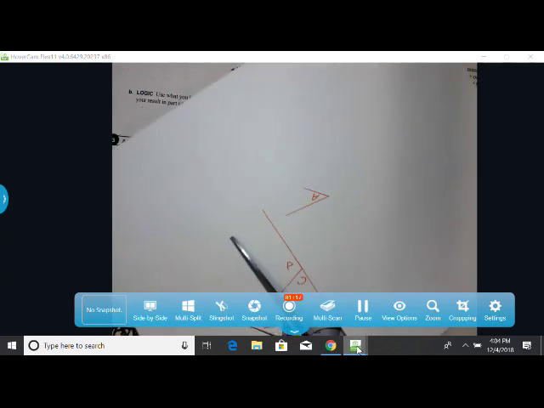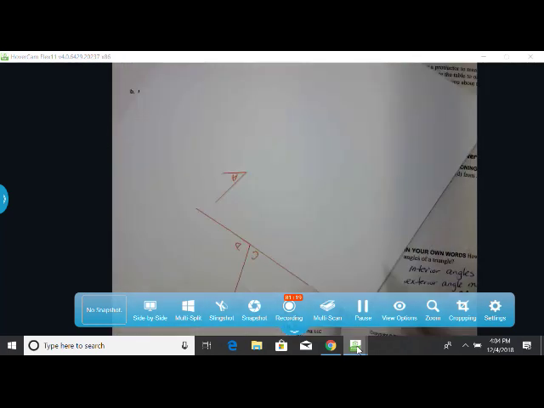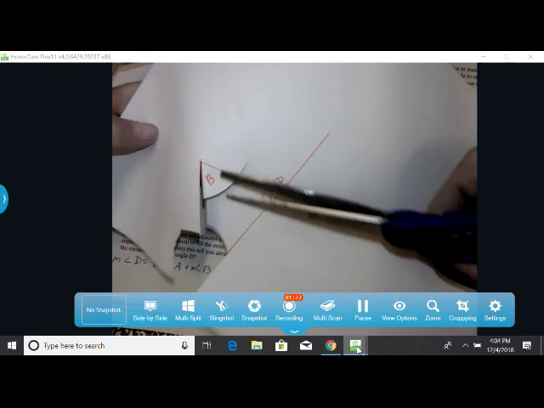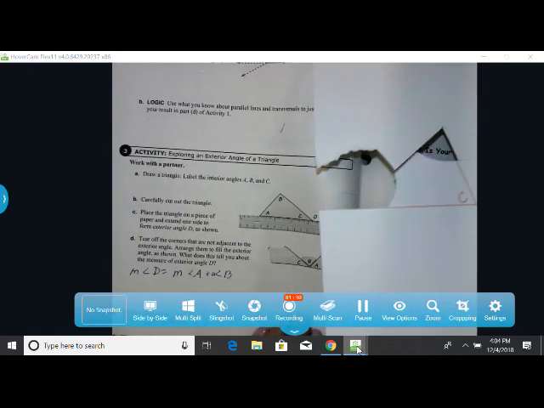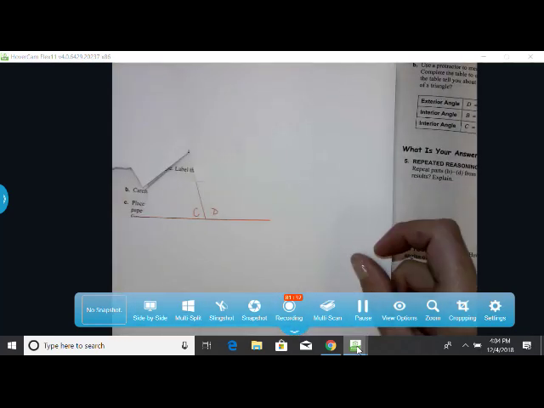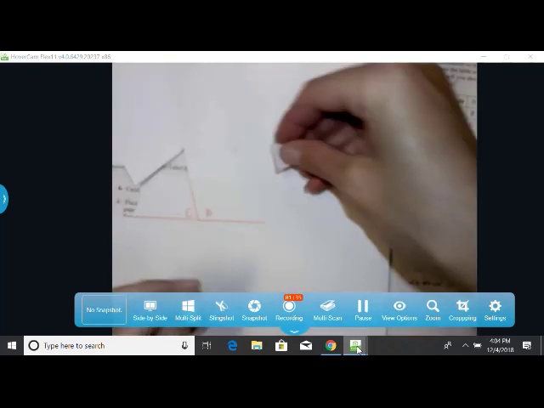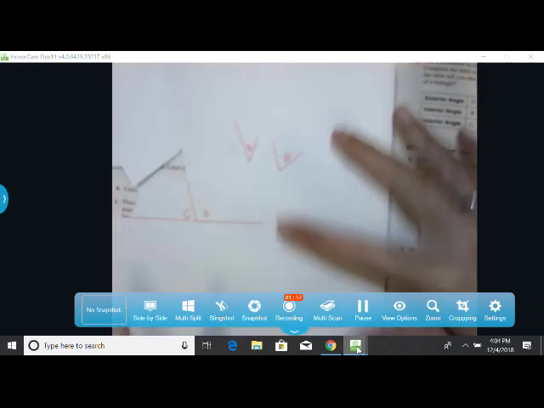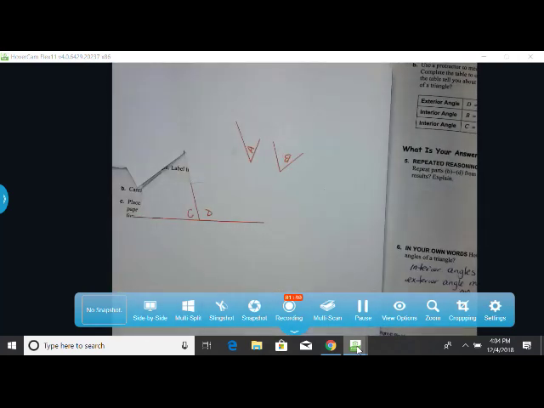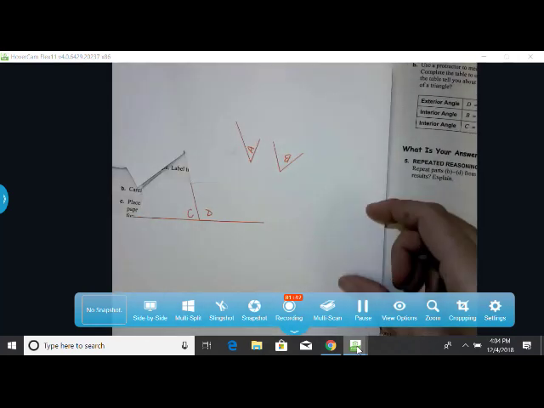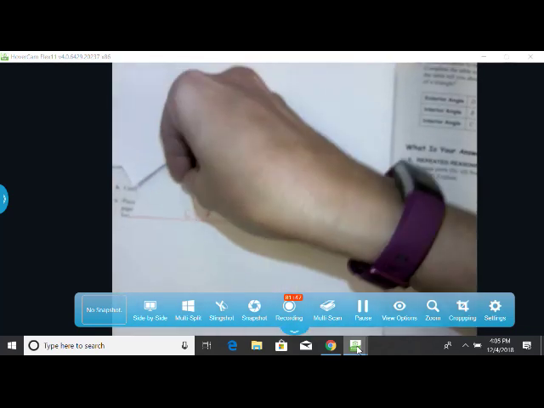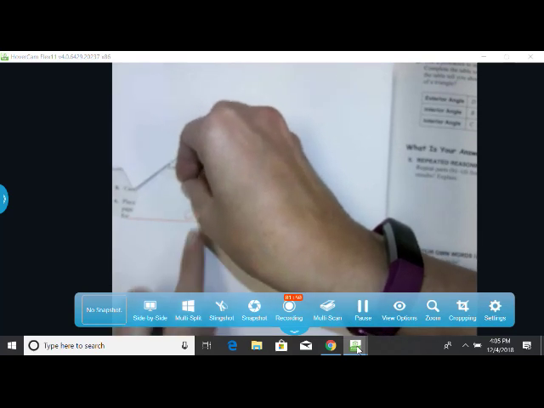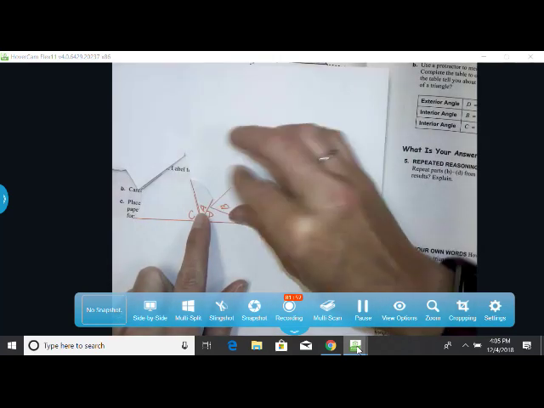If I didn't have cardstock, I would be tearing these. And angle B. So now I have angle B and angle A outside of that triangle. And what you should have noticed when you did that activity is that if you take A and B and you place them into this exterior angle,